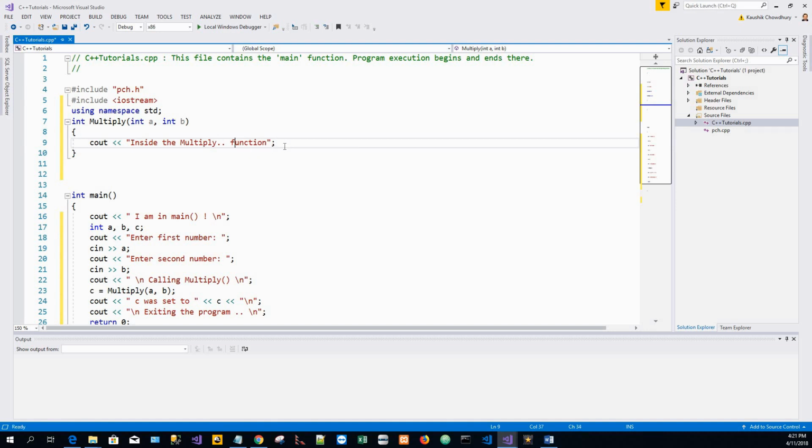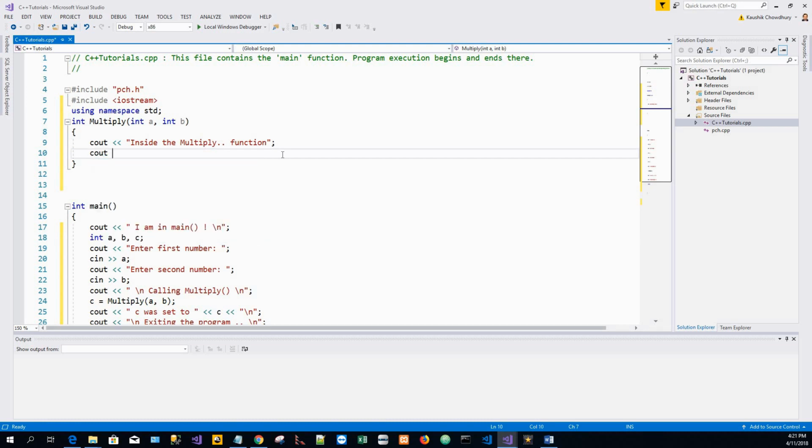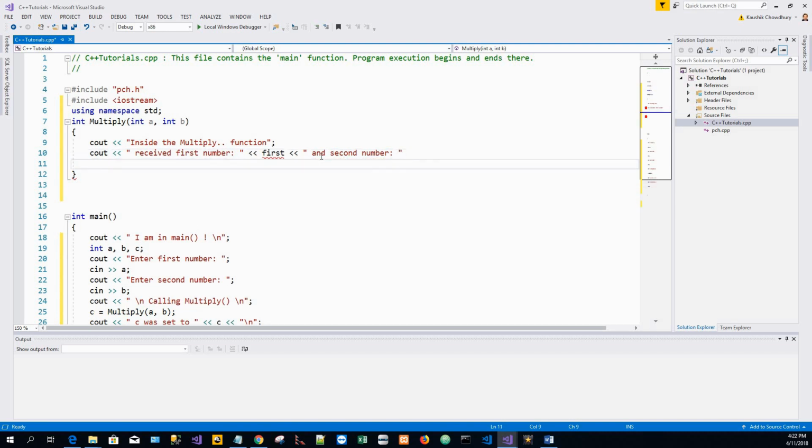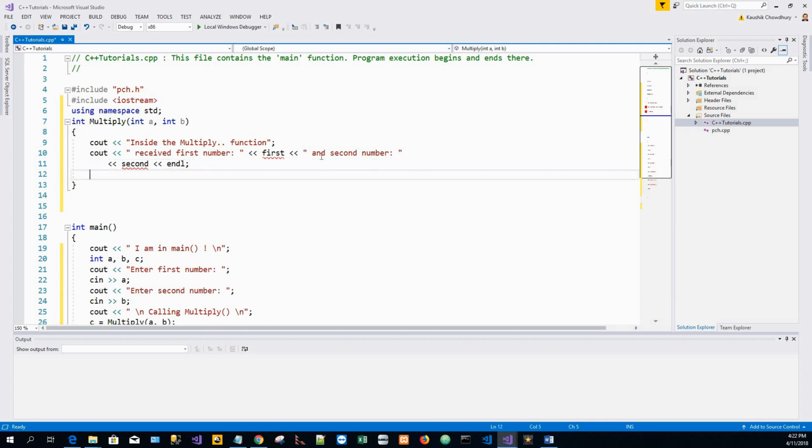sorry, typo, and the final cout here received first number followed by the value of the variable which is the first, this variable, and second number, which is followed by, you can spill over to the next line without any loss of information or error, and endl. This time I use the endl character for ending a line, for terminating, and then finally,